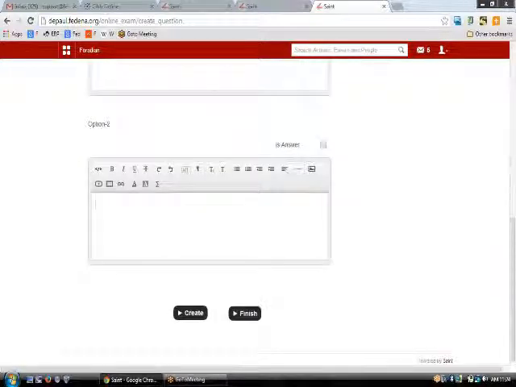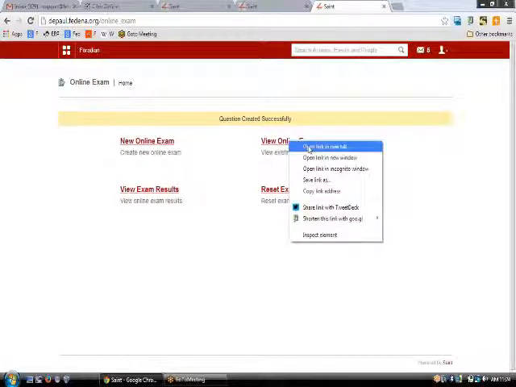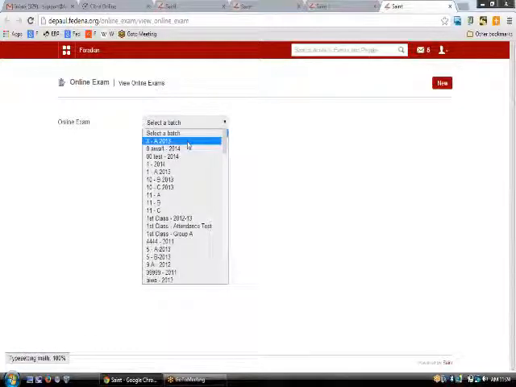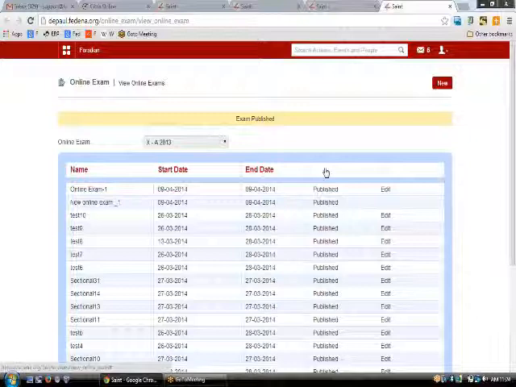So this is the way you'll be able to create some more questions in it, and then on hitting the button finish, you will be able to see the online examination created successfully flash message. So on clicking view online exams, as the link suggests, you will be able to see all the examinations for a particular batch. So for this particular batch, I have online exam 1. So I need to publish the exam schedule so that my students will be able to